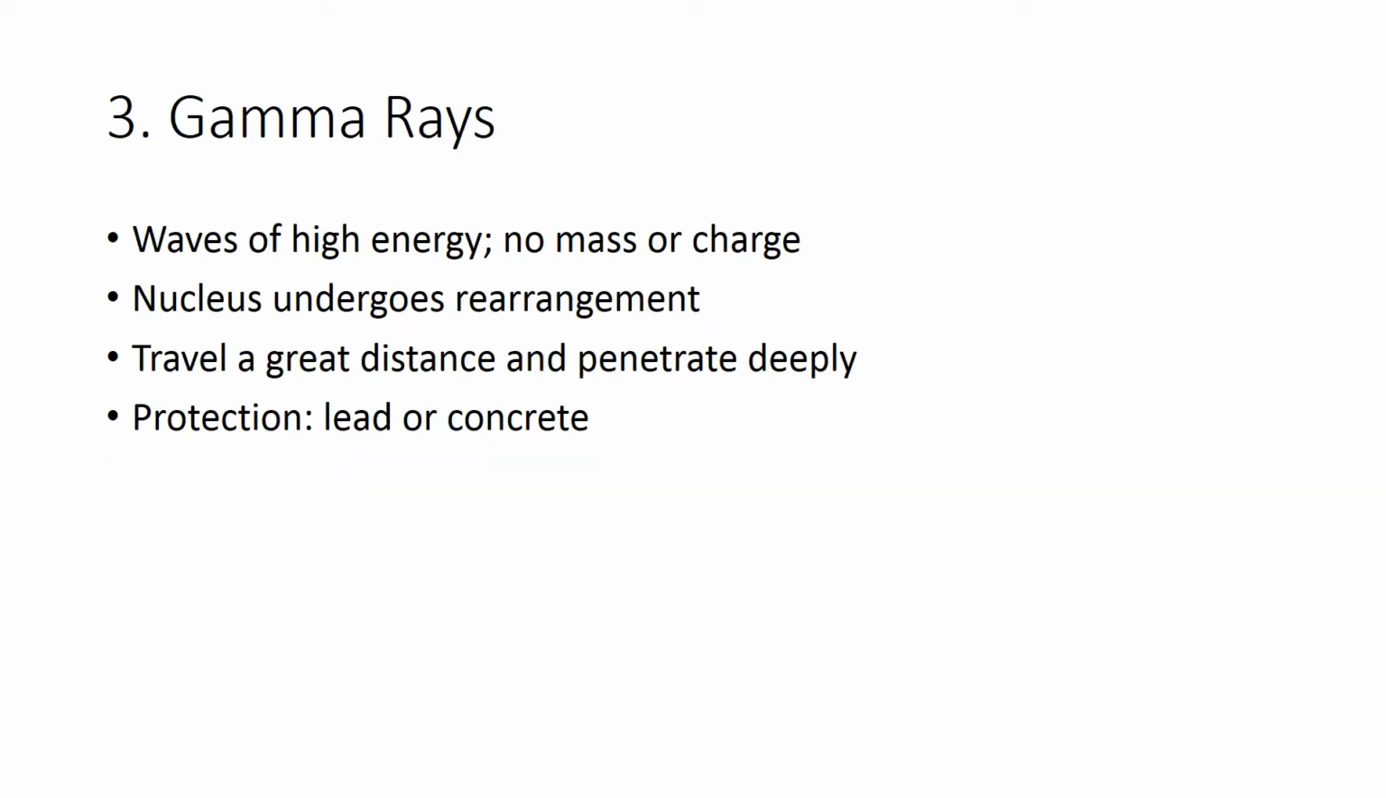Our next type is not actually a particle, but it is a gamma ray, and we use the Greek letter gamma. We don't write any mass or any charge because gamma rays are waves of high energy. So they don't have a mass, they don't have a charge. The nucleus will undergo rearrangement, and it will actually spit off energy in the form of these gamma rays. They can travel a great distance and penetrate very deeply, so in order to protect yourself when handling or working with gamma rays, you will need thick lead or concrete as a barrier to stop them since they